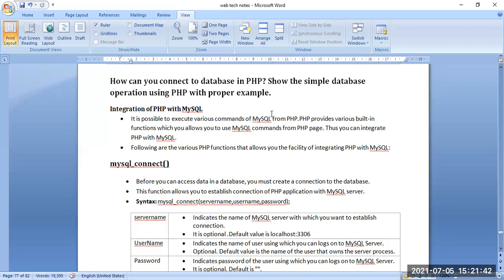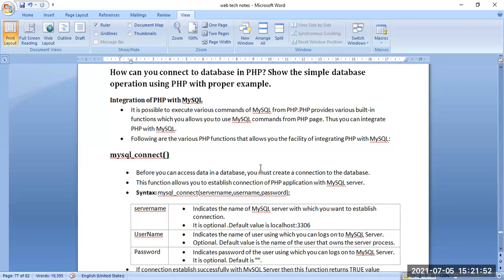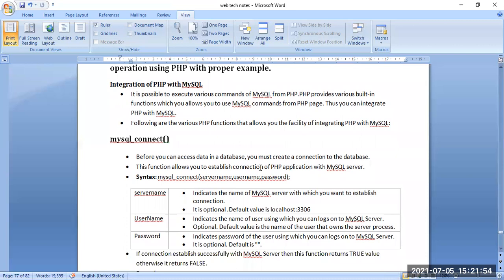Now, what are the various PHP functions present here that help us to integrate PHP and MySQL? So the first one we can see here is MySQL Connect. This MySQL Connect function accesses the data in the database.